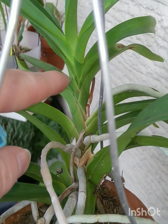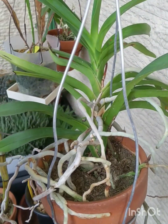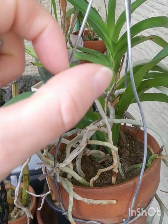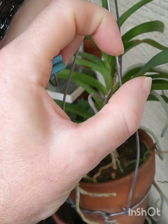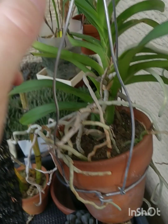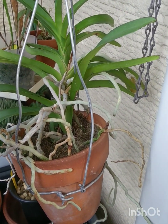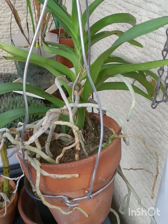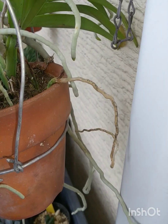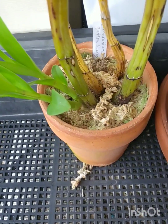It'll produce keikis up here. It produces its keikis down low. So it'll become a big bushy plant with masses of fragrant blooms that are not too bad. The size is about this size, right? And it's kind of a light blue. You can get green ones, which I got coming. I ordered one. So jackpot, Vanda falcata crosses. You want to try some of those. Okay, something that is